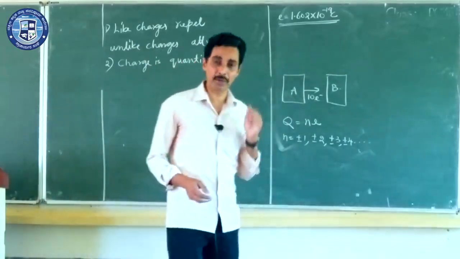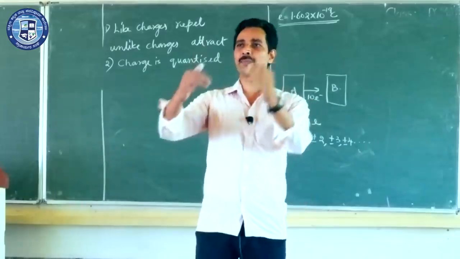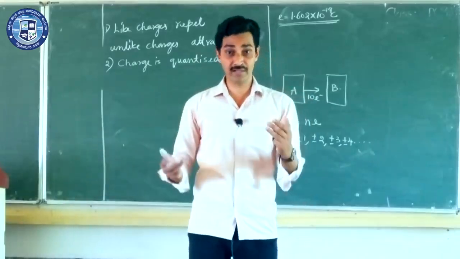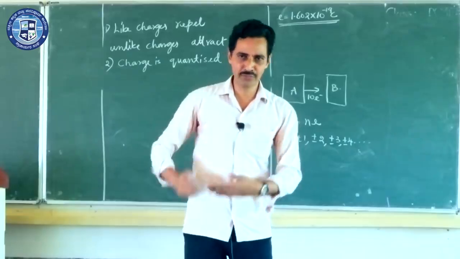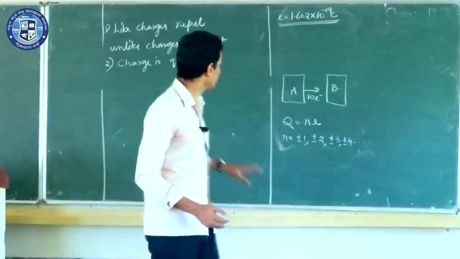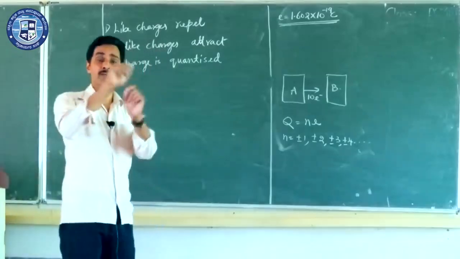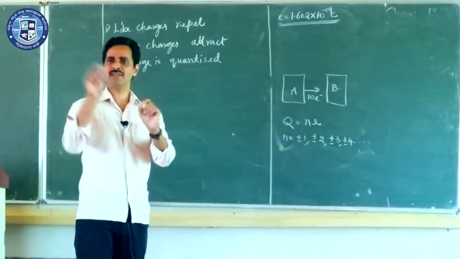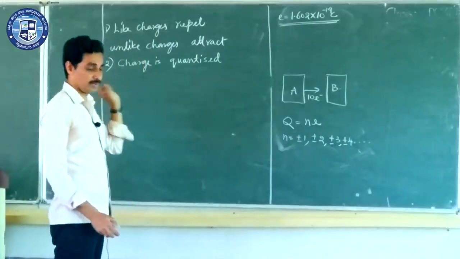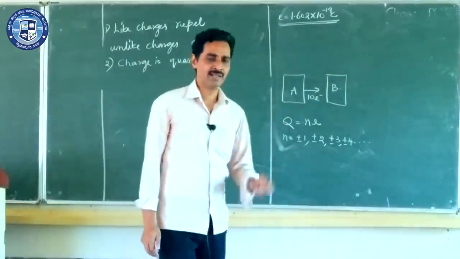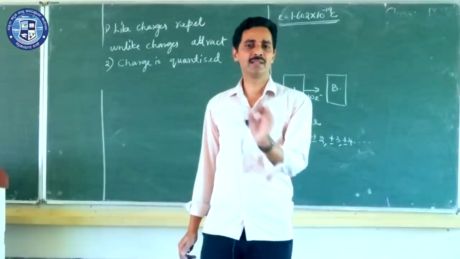Suppose you are asked to write the properties in the exam. Write 3 properties of charges. Sometimes you get this for 3 marks, a very easy question. Writing 3 points, saving some time, getting full 3 marks, no doubt here. So you have to select such types of questions which are in points form. Just writing the points and getting the full marks, you can save a lot of time. So if you are asked to write what are the properties of charges, just write charge is quantized.